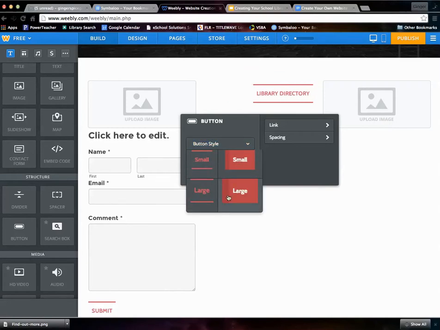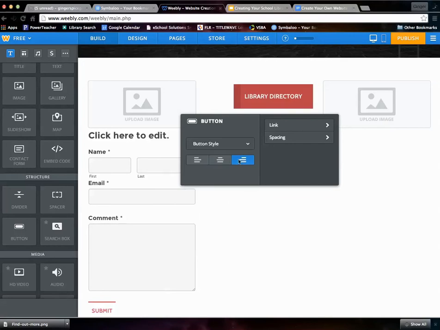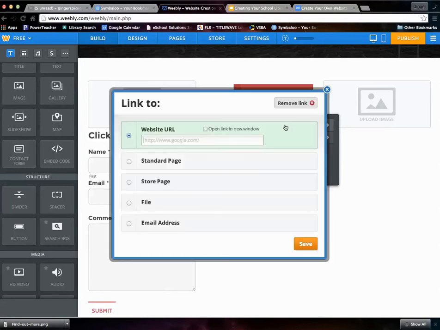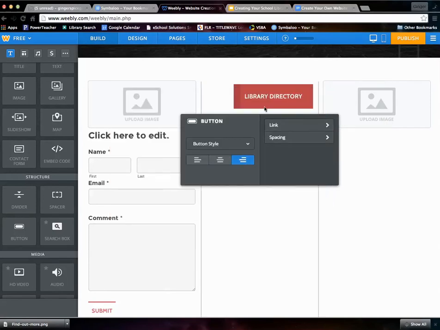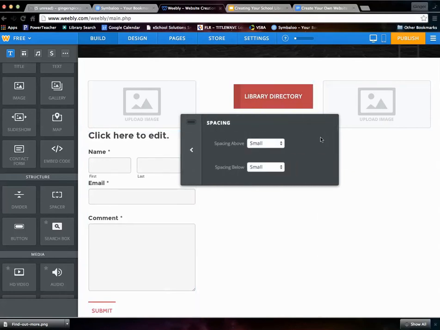So if I don't want that kind, I want the full-on button, I can do that. If I want a link associated with it, I can add a link, which is probably what you're going to do most of the time with a button. You can either link to another page within the website, or link to another site altogether, however you want to do that. And spacing,